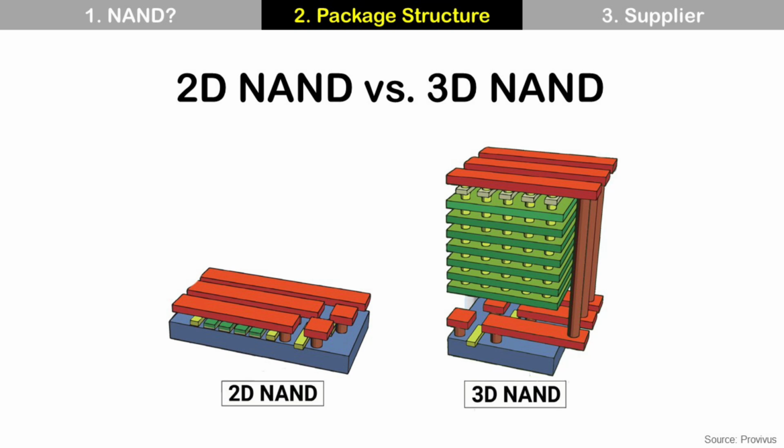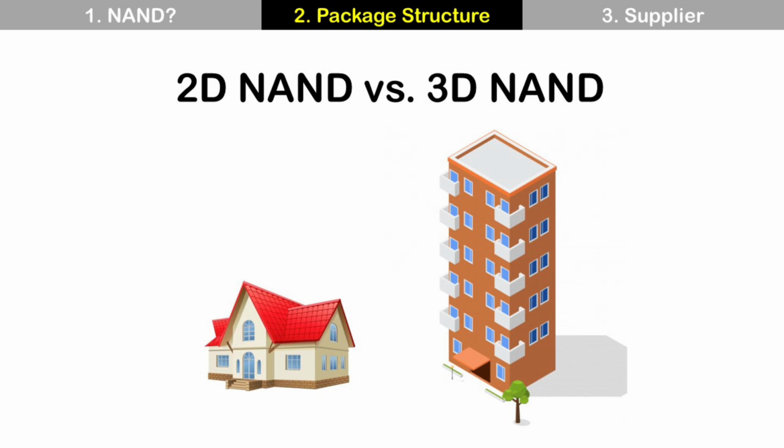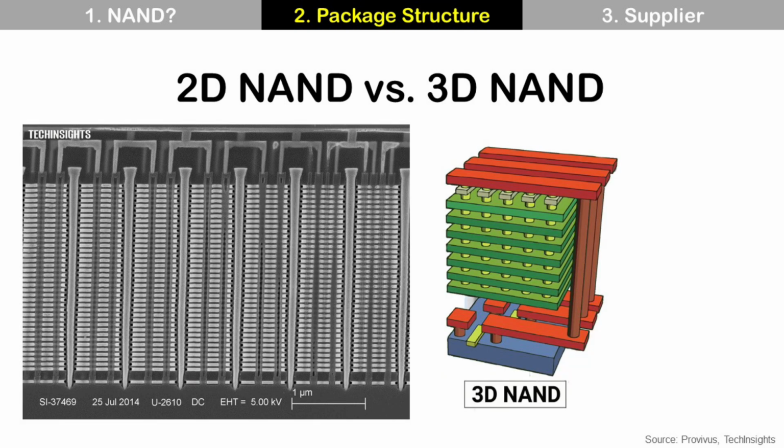How about 3D NAND? As the resolution of photos and videos is increasing, the file size of these is increasing as well. So, we need more memory capacity to store these. But 2D NAND is not good enough, because there is a limitation on the maximum number of dies we can stack within a package, and we cannot increase NAND package thickness either. The idea of 3D NAND is to stack memory cells within the die instead of stacking dies. So, the memory capacity of one 3D NAND die is much more than 2D NAND. It is a similar comparison between a house and an apartment. We can see multiple layers of memory cells in the die, 32 layers in this photo.